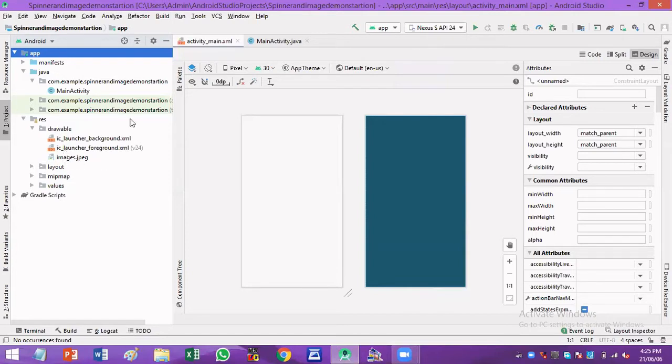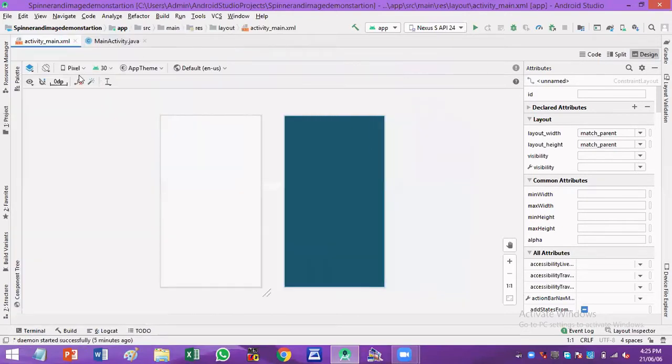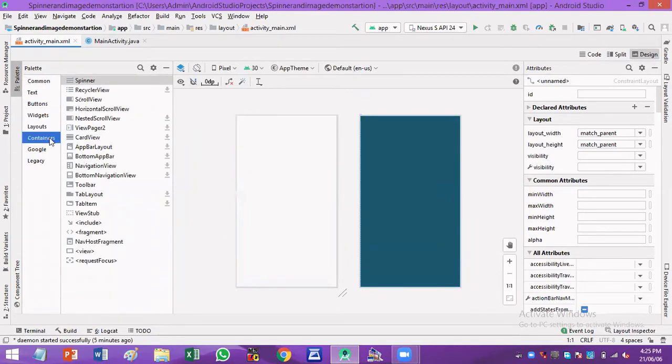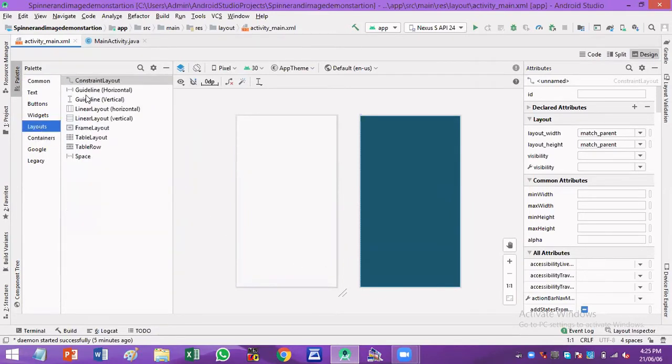So now, after bringing an image into your project, click on palette. I'll be adding a special layout into this user interface that is called linear layout. So linear layout vertical.